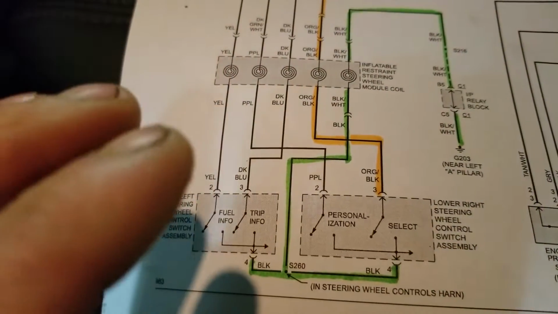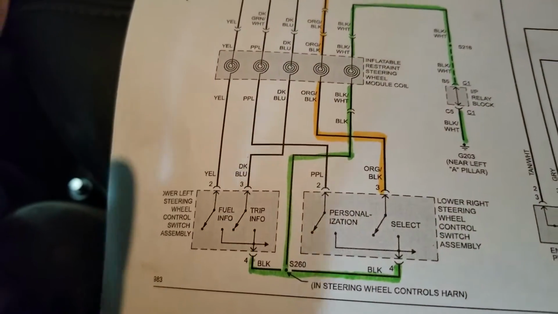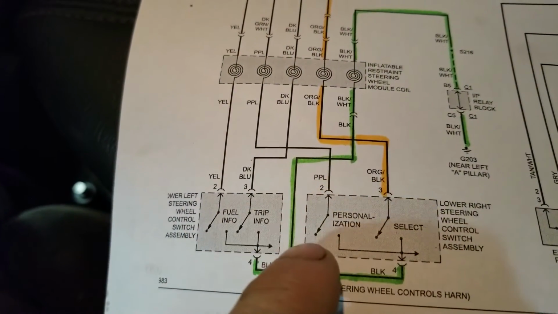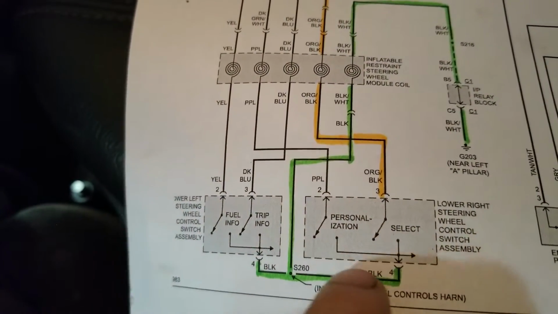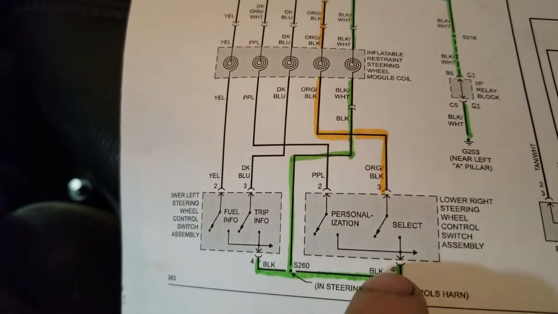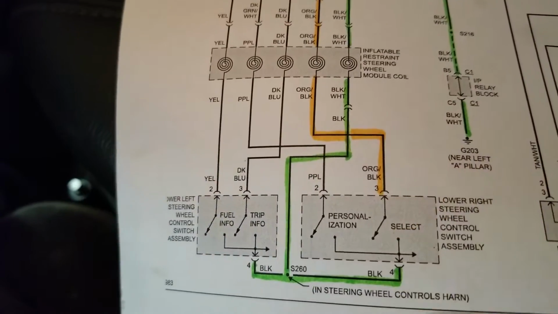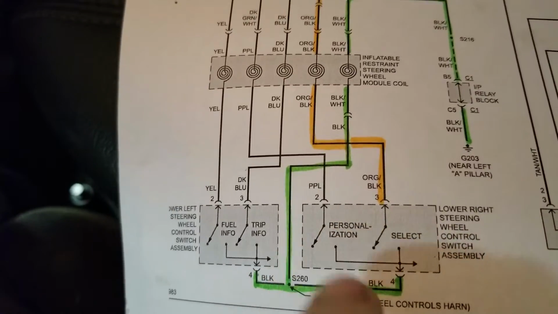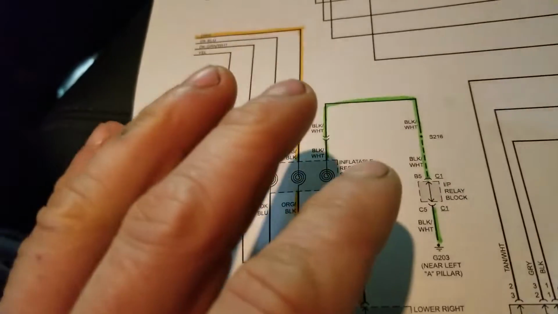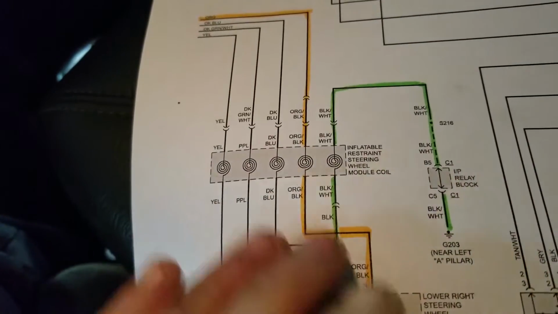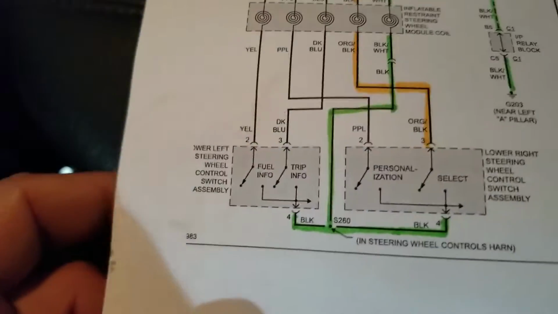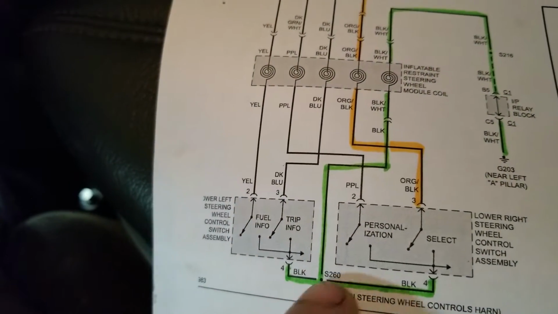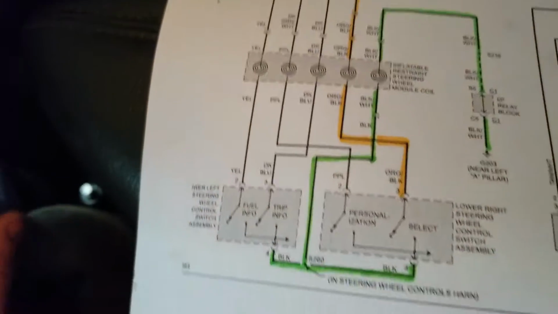I shouldn't say no need. No, there really is no need, and the reason is because the personalization switch works. That one, if you see, comes out of this switch and it's a shared ground with the select button. So if this one's working, obviously we have a ground, and there's really no need to worry about the ground side at all. I'm just showing you how they work for learning purposes. And you can see that this side also shares that same ground. So anyways,